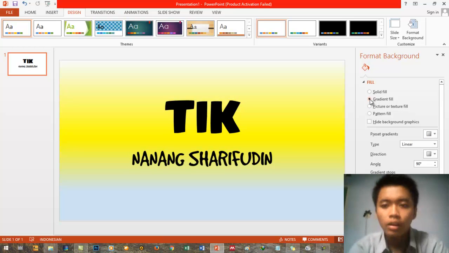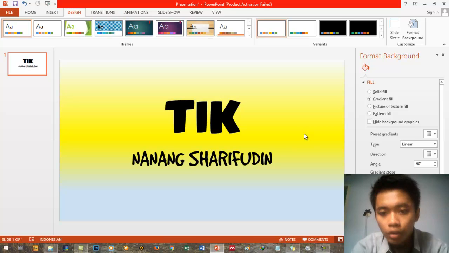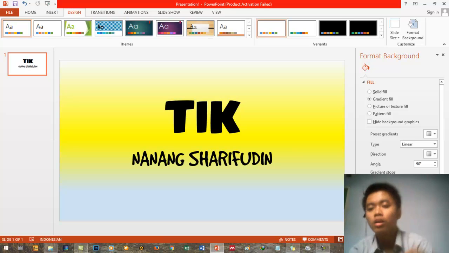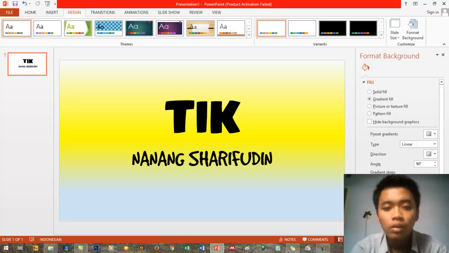Next here is for gradient fill. In here there are a lot of options in combining the color to create a gradient fill. For example, in here we have yellow, blue and white. So for gradient fill, we can choose the color that we want to make the gradient.